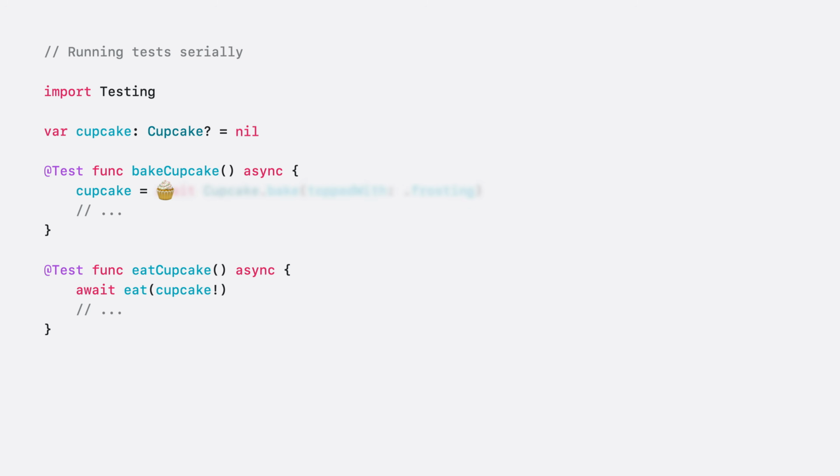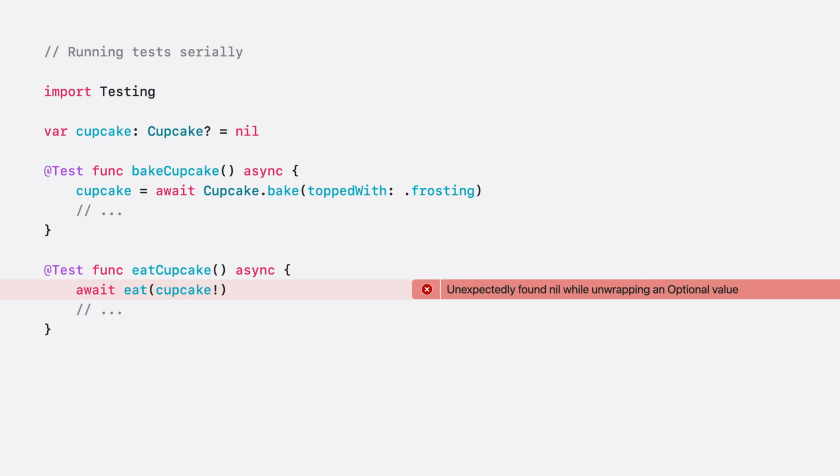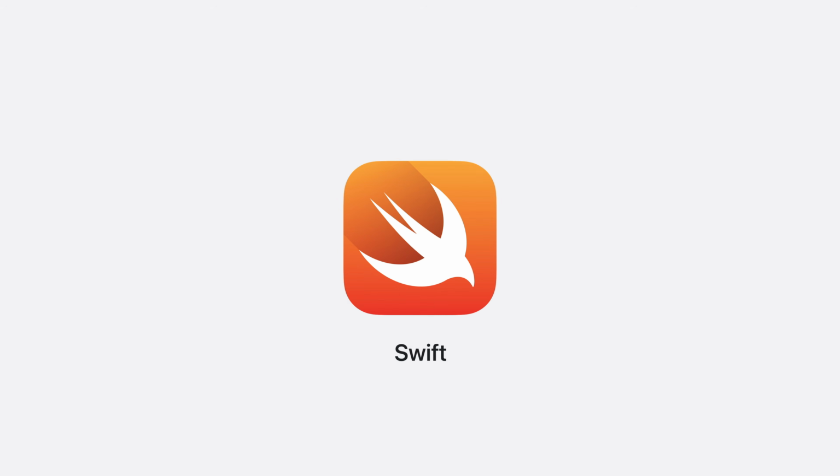If these tests always run in order and run one after the other, then I'll always have a cupcake ready for the second test because it was baked in the first test. That wasn't intentional. If the tests run in parallel, then the second test's dependency on the first will be exposed at runtime, and I'll be able to fix it. If you're converting older test code, some of those dependencies may already be baked in. Swift 6 will be able to help you find some of the problems with your existing code as you rewrite it, but others will be harder to find.